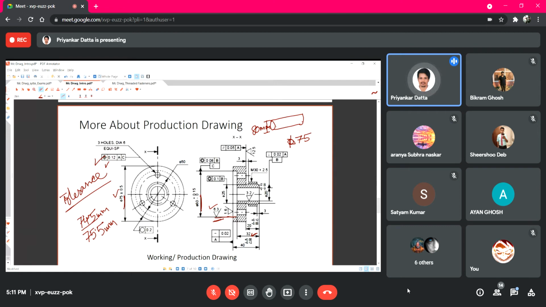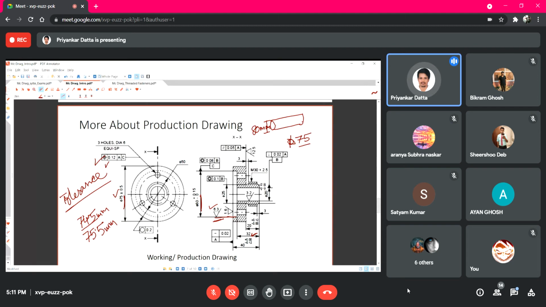Now when doing that, there are several possibilities that it will not be exactly a 5 millimeter reduction. So there is a possibility that it will be either reduced below 75 or be above 75. So there are different machining methods. Once you are introduced to the lathe, you will see turning operations.